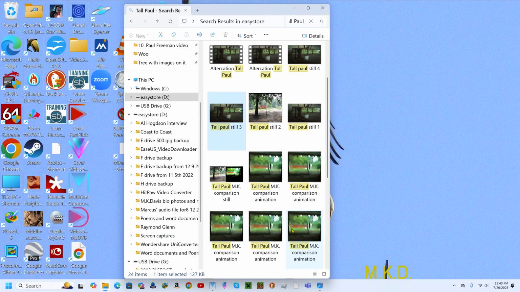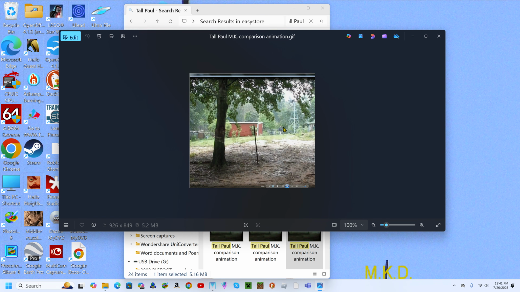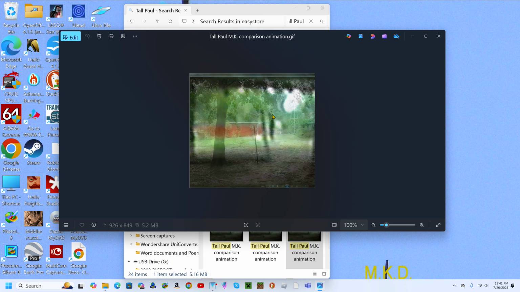Tall Paul comparison animation. Let's look at that. And that's the picture I'm in. I just showed you. I'm comparing myself to Tall Paul here.